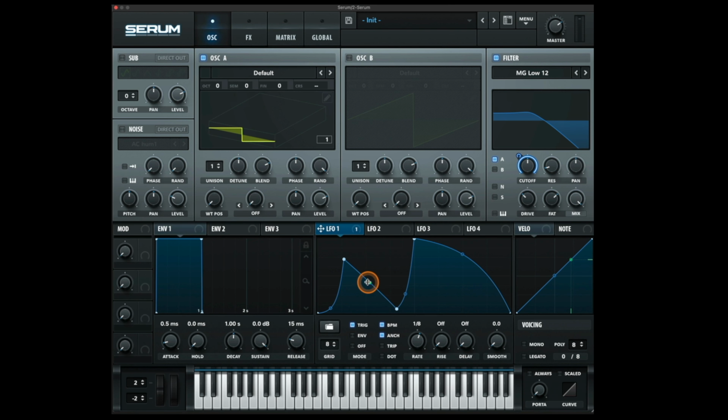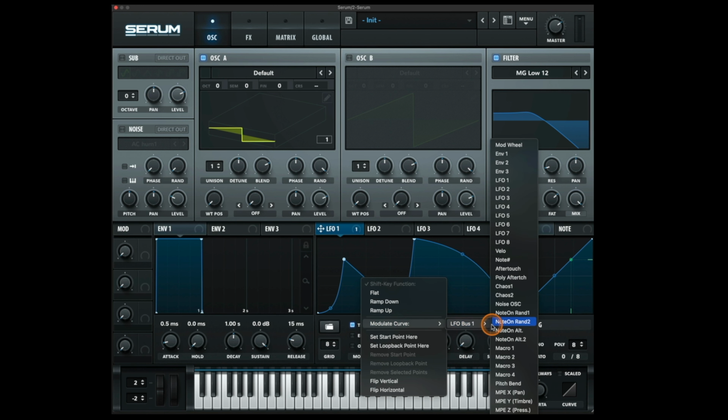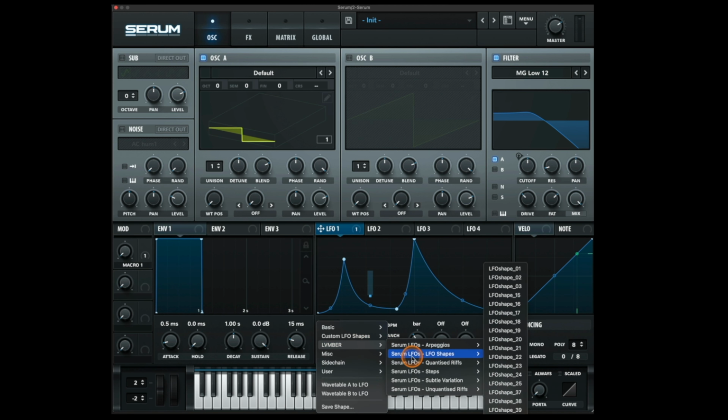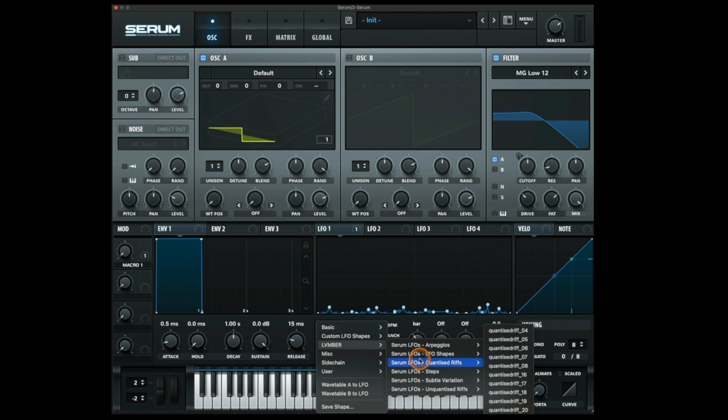And then this is actually a new update as of a couple years ago. We can modulate a curve. So we can put this on, let's put on macro 1. And we can actually modulate the changes in the LFO. There's all kinds of crazy stuff we can do with these points here. I'll load up one of Lumberjack's, who is a really good producer at Icon Collective. I learned a lot from him. And he gave us his